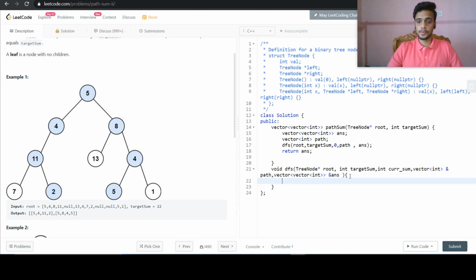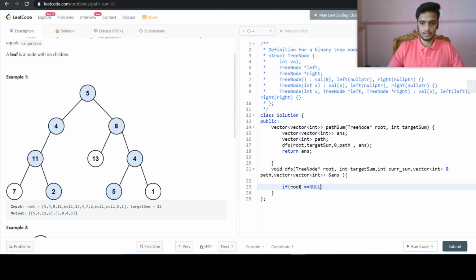Okay. So now once we are at a root value, first of all, what we need to check is whether that root is equal to null. Okay, so let us just first check the basic cases, then we will check all the cases.